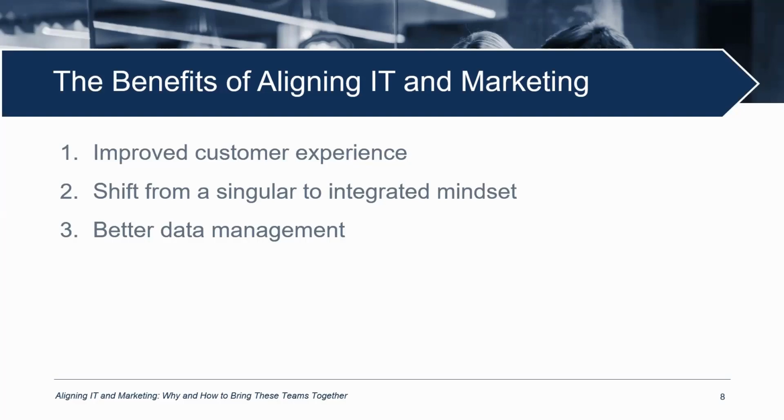Ian, you and I have worked on many projects together. I'm sure you could agree with that. And that probably should be number one. Yeah, so when it comes to data management, it's where the rubber hits the road for marketing, especially what we're talking about, ClickDimensions being an email marketing solution. Getting the data into the system, avoiding duplicates, respecting opt-outs so that you maintain compliance, data security, making sure